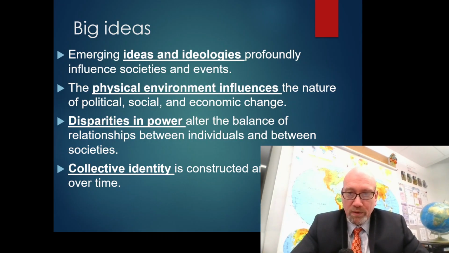radical inequity in power and wealth and justice before the French Revolution, and people did not like that and wanted to change. They wanted more fairness in wealth distribution, they wanted more fairness in power distribution, and they wanted more fairness in access to justice. Okay, collective identity is constructed and can change over time. This big idea is often taught in the context of Canadian history and Canadian identity, but in terms of the French Revolution, there was this time where people in France would identify with being a monarchy in a feudal system.